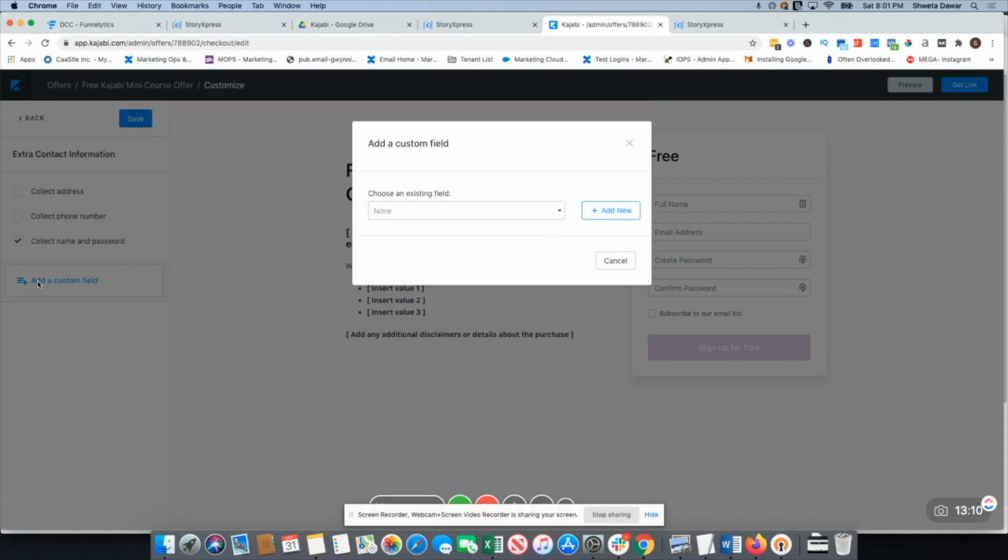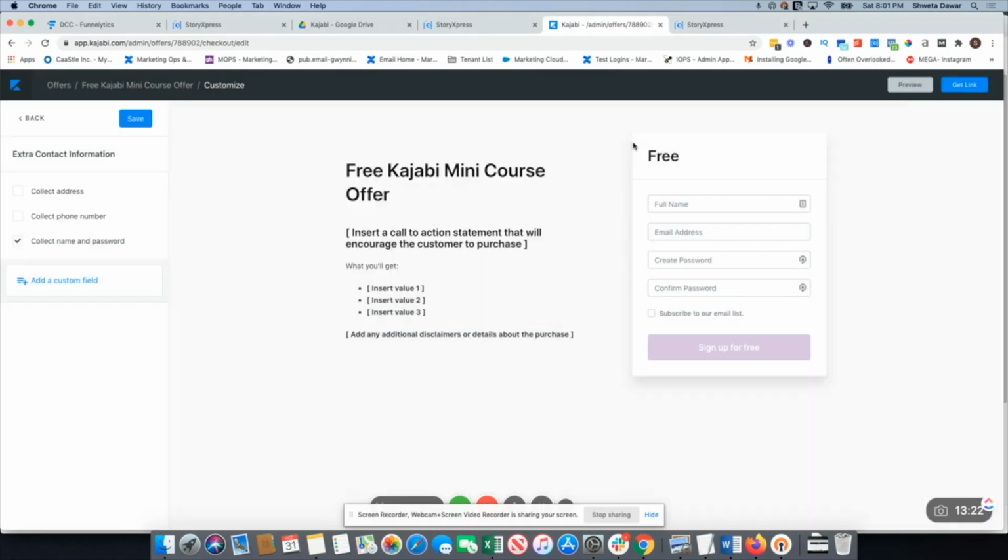You could also add a custom field, where you will have to create the custom field first and then add it. But again, if you want someone's birthday, like if you're running a membership and you would want to reach out to the member when it's their birthday, you probably want to send them something, you could add that as a custom field. So I'm just going to hit save,